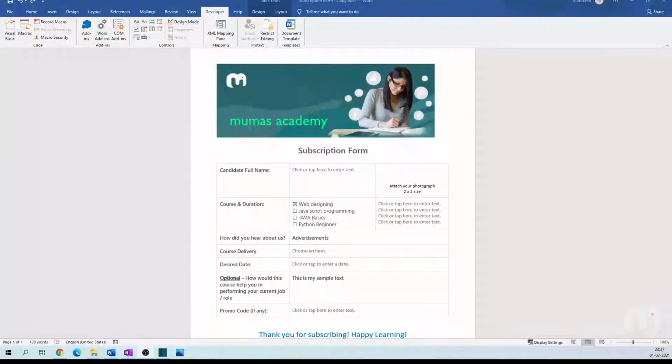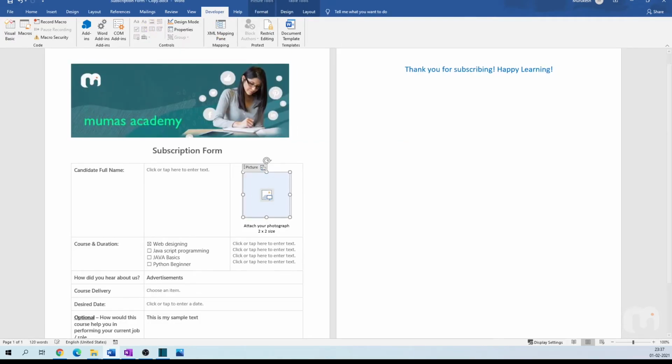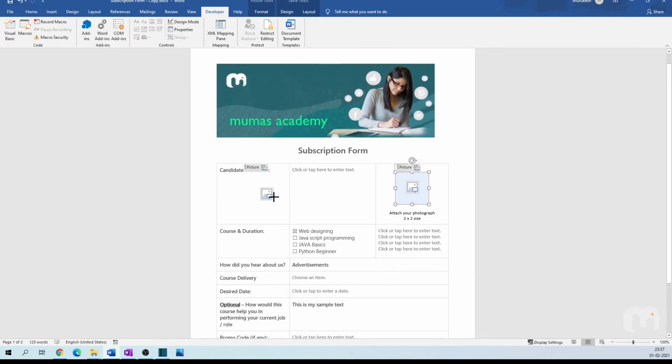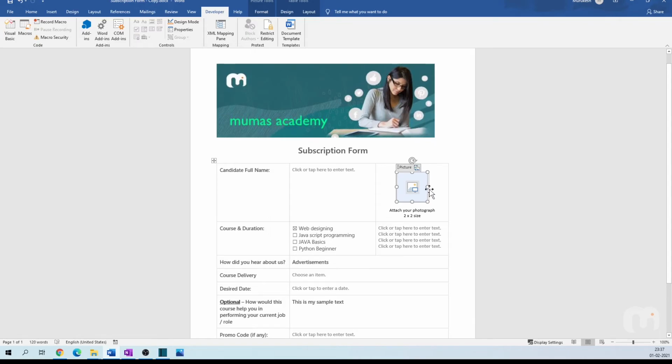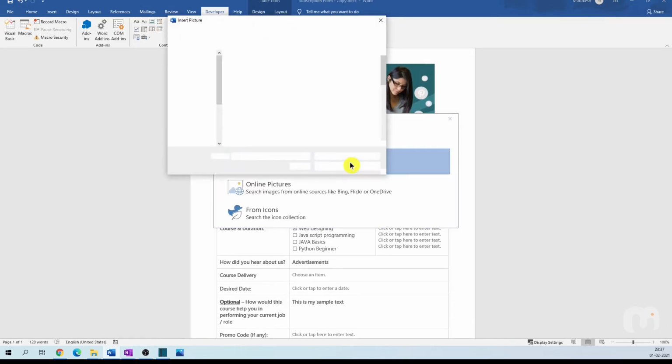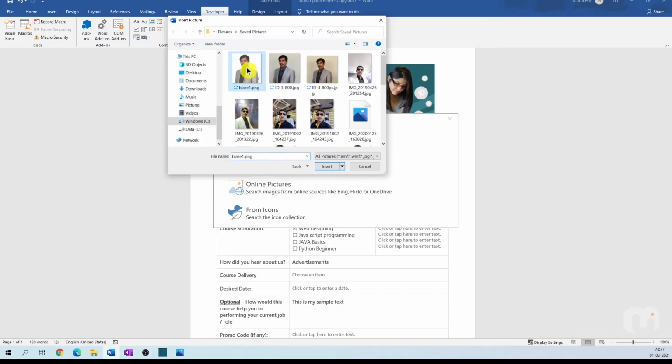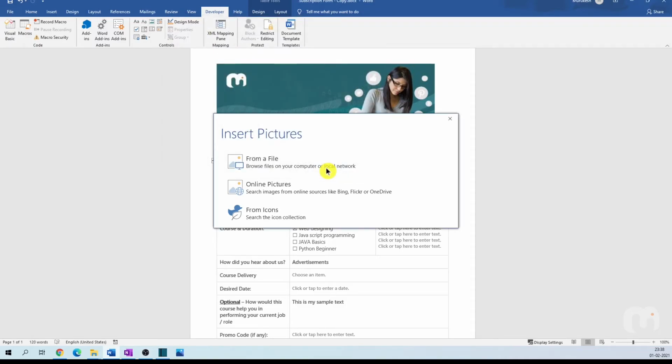For the next question, I also wanted the form to include a photograph. Maybe it's a little odd for a short-term course, but if someone prefers to include a photograph of themselves, we wanted to appreciate that practice by giving them some discount as it helps us to recognize and validate the individual when they attend the course. Once again, on the developer ribbon, there is an option to insert a picture content control. When I insert that, it inserts a rectangle here, and if you click on the middle box, a customer filling out this form can insert their photograph from their computer.